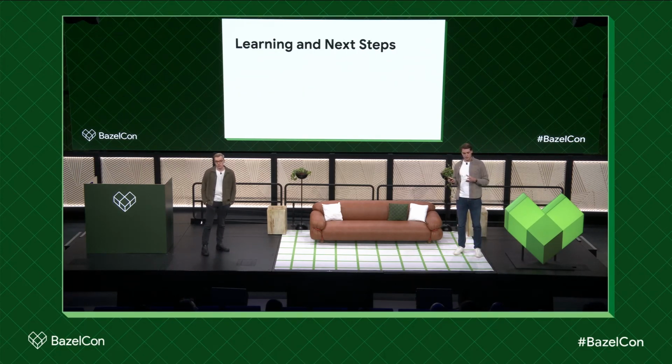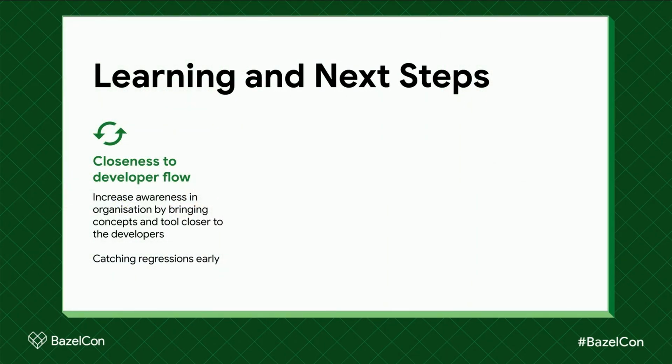Finally, I'd like to look at some learnings and next steps. So these architectural regressions tend to happen over time as the project grows. But as I talked about just recently, we saw this recent architectural regression on Android in early September, but also how we started to calculate this metric on every PR. So one thing we're talking about is potentially making it even closer to developers, potentially by introducing some kind of check in the pull request workflow, where we can notify the developer that, hey, the change you're making is having a big impact on the dependency structure. Are you sure you would like to go ahead, or can you think of an alternative dependency declaration?